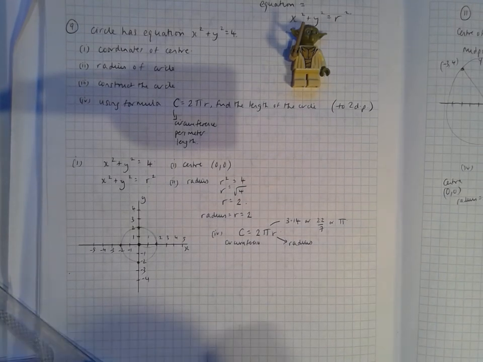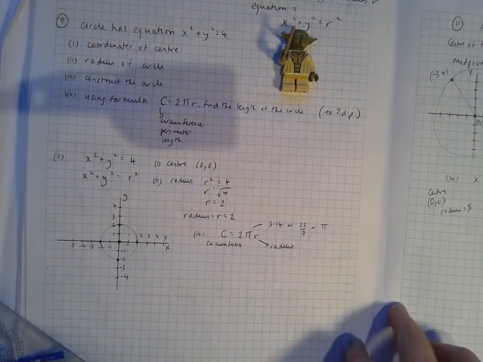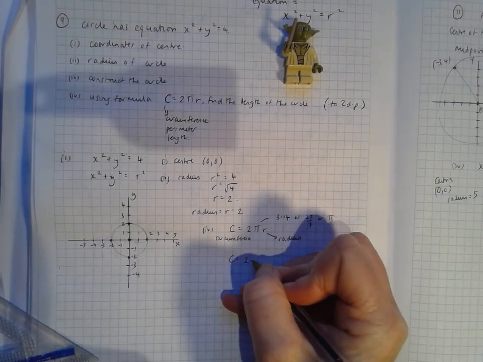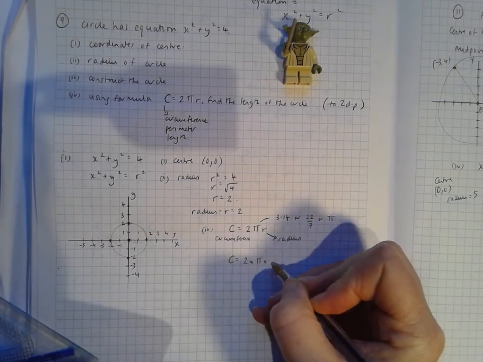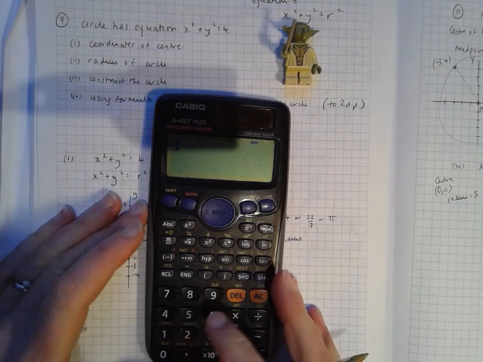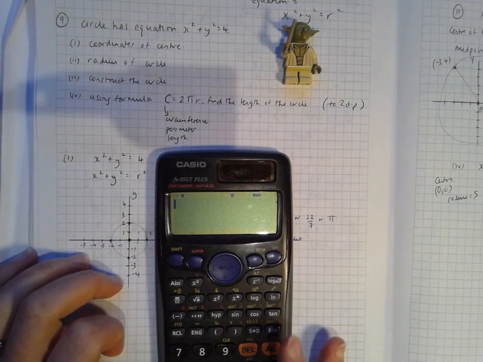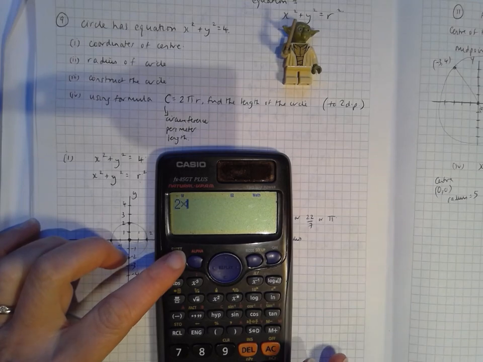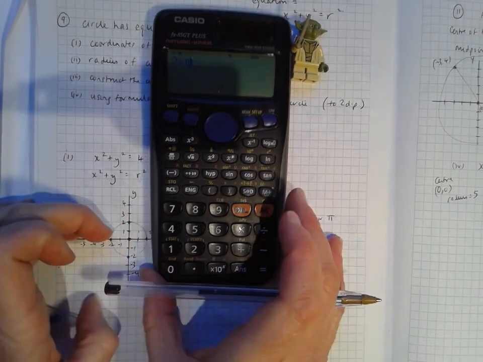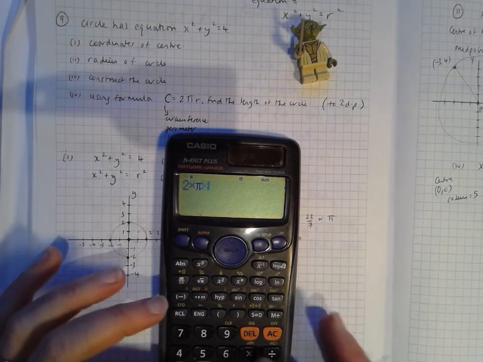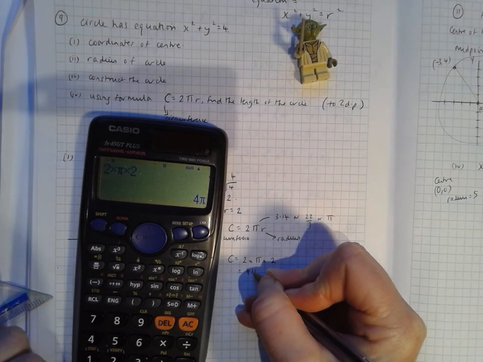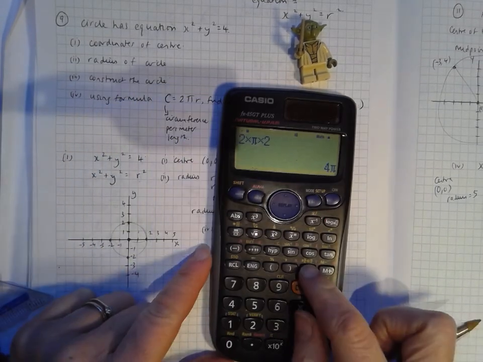So I'm just going to do that on my calculator. So here I have C is equal to 2 by pi by my radius, which is 2. Can you see that? I put in 3 there by accident. 2 by pi by 2 equals. Now it tells me 4 pi, but I was asked to give my answer to 2 decimal places, so I'm going to have to press the SD button, and it tells me it's